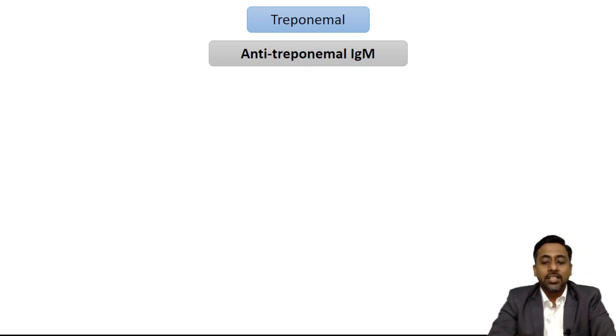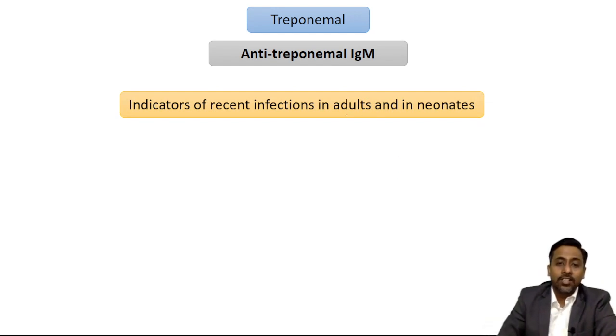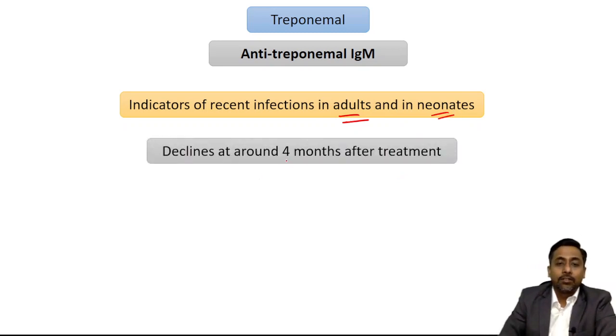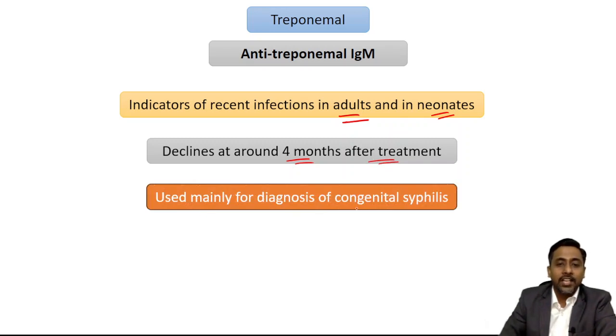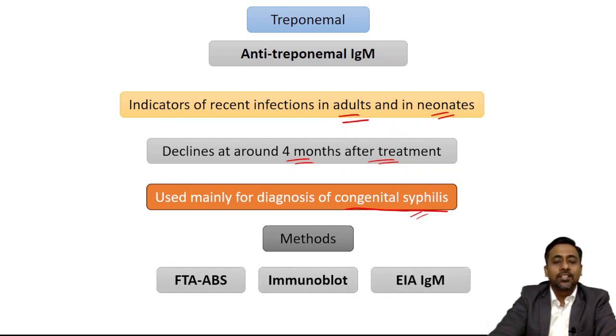Now anti-treponemal IgM. This anti-treponemal IgM is specific to Treponema, and it is an indicator of recent infection in adults and neonates both. It declines at around 4 months after treatment in adults, and it is used mainly for diagnosis of congenital syphilis. So what are the methods used for diagnosis of congenital syphilis? FTA-ABS IgM, immunoblot IgM assay and EIA IgM assay. So these are the three methods which can be used for separately detecting IgM antibody. Okay,